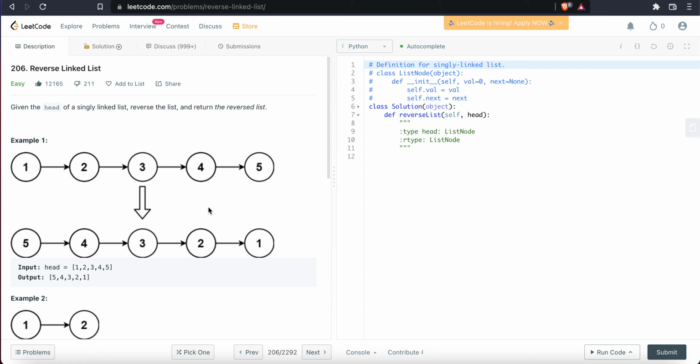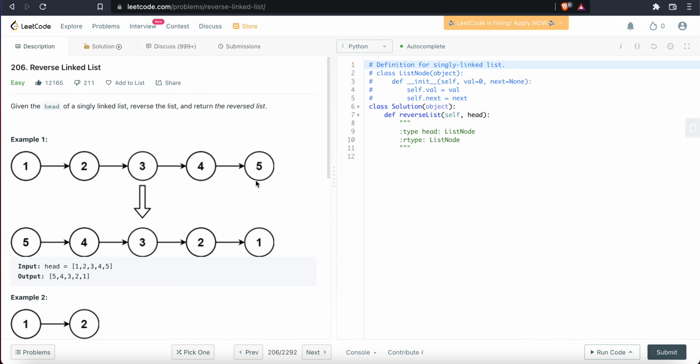So originally, when we were reversing the list iteratively, we were reversing it as we went. So we started here and then we changed the pointers, we went here, we changed the pointers, we went here, we changed the pointers, and we went here. Now, the idea on doing it recursively is that we're going to do it the opposite way. So we're going to go all the way to the end, and then as we go back, we flip